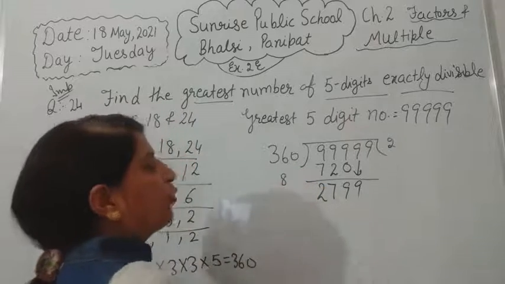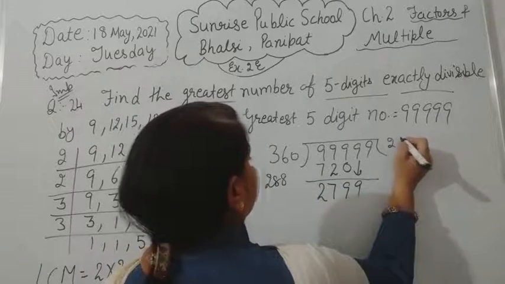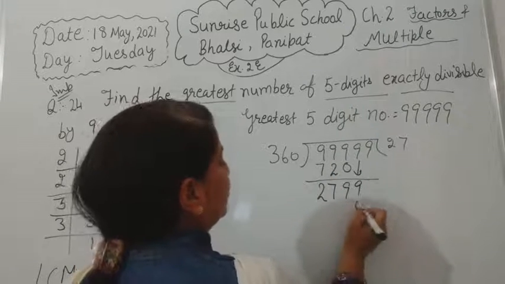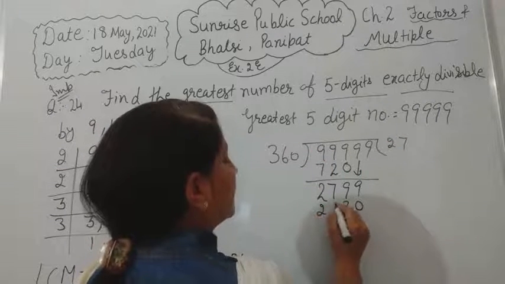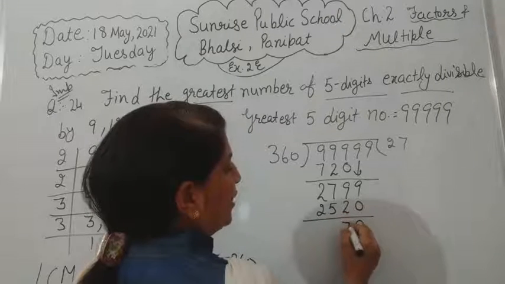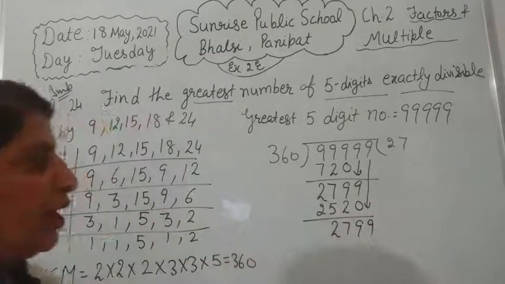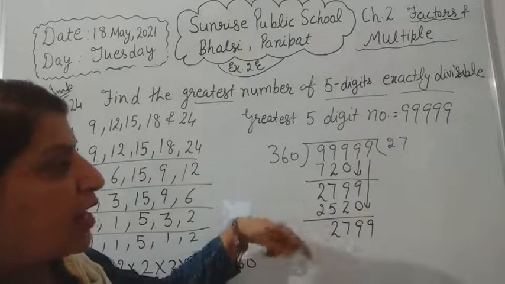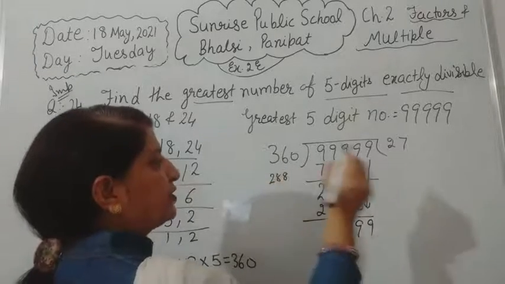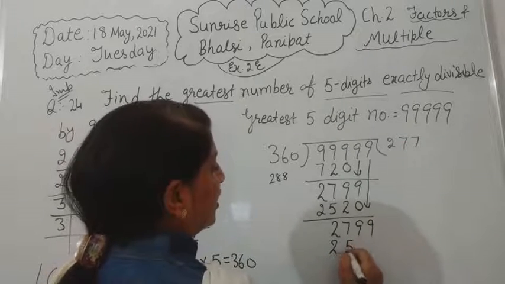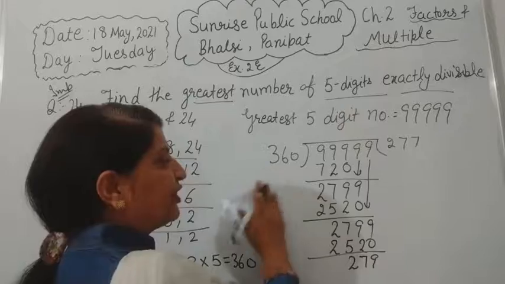8 6s are 48, then 4 carry, 8 3s are 24 plus 4 is 28. So the number is going greater with 8 as well, so what will you do, divide by 7. We multiplied by 7, 7 0 0, 7 6s are 42, then 4 carry, 7 3s are 21, 21 plus 4 is equal to 25. 9 minus 7 is 2, 7 minus 5 is 2. Now this 9 comes down. Now this number is divisible by 7 again, because with 8 it will go greater: 8 6s are 48, 8 3s are 24 plus 4 is 28. So again the number goes with 7, the same number, and your remainder is 279.